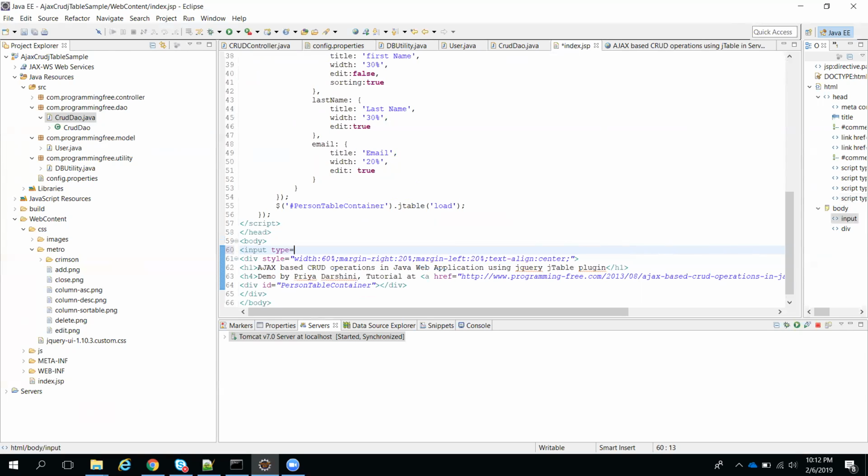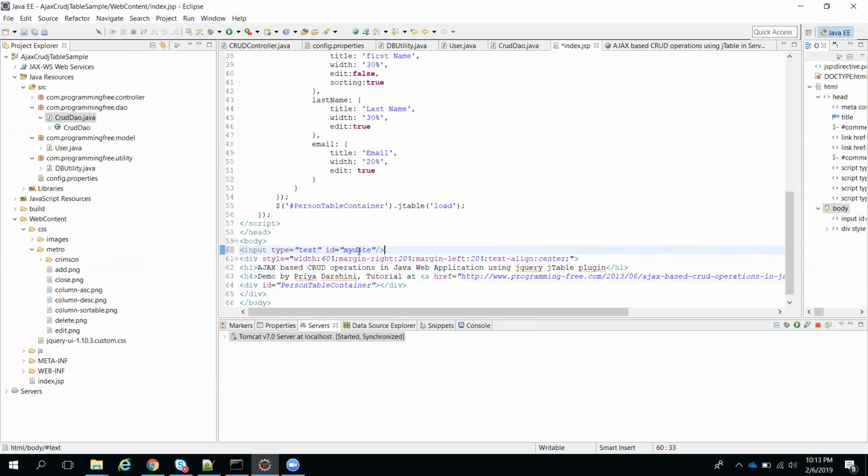type equal to text. Okay, I want to give id equal to myDate. Okay, I'm giving an id like this.